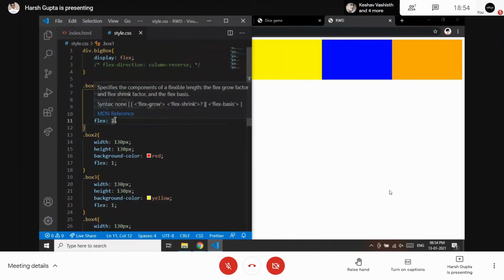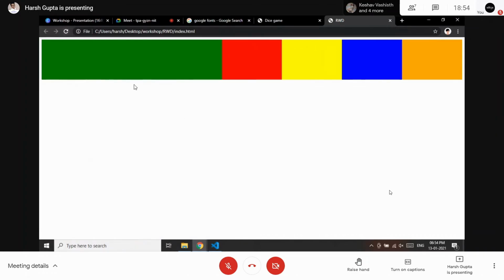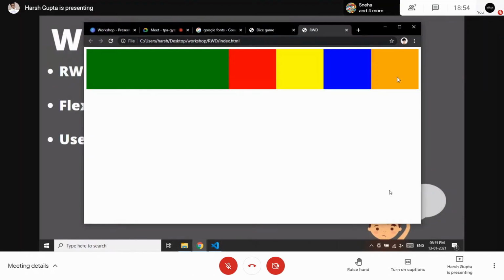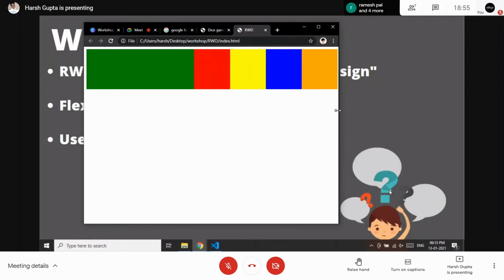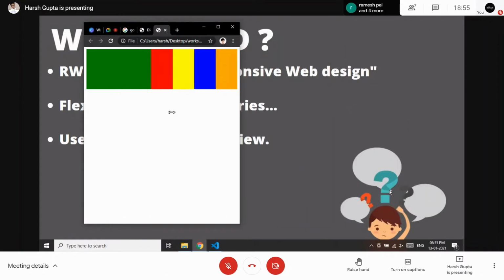You can also write 3. If I write 3, save this file and refresh. Now it is 3 times and it became smaller. So that's how this responsive design works. You will observe as soon as I shrink the window, the scroll bar is not coming because we are working on the responsive design. It should work on mobile as well without scrolling.